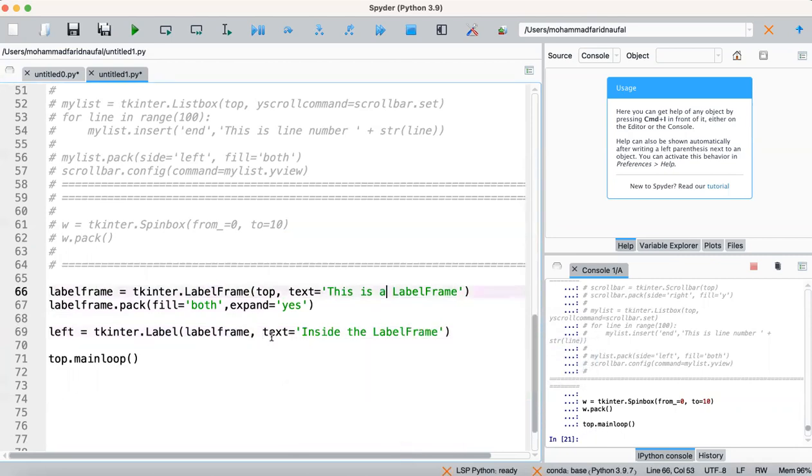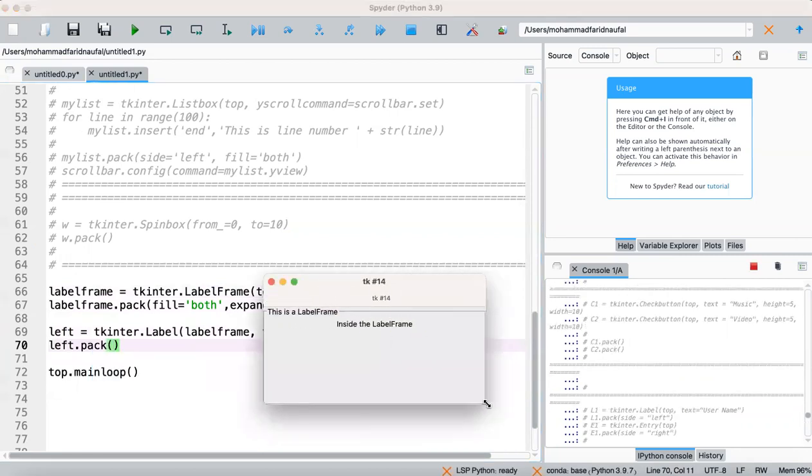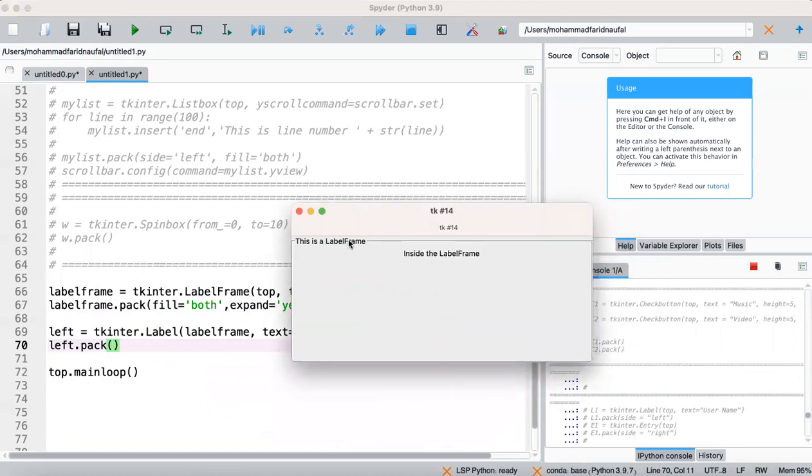We also call the left.pack function here. Yeah, this is a label frame, and this is inside the label frame. It's like a frame inside our window. It can be a title for our text inside the label frame.